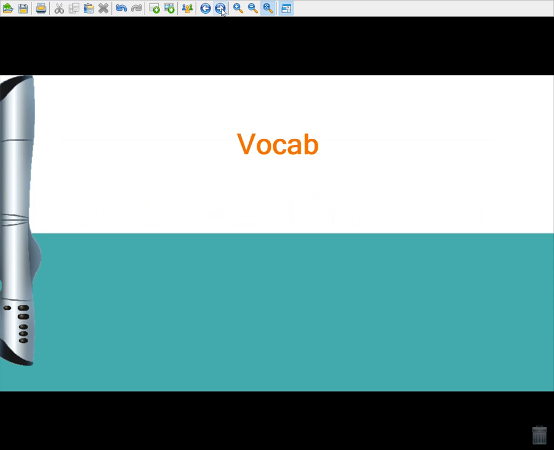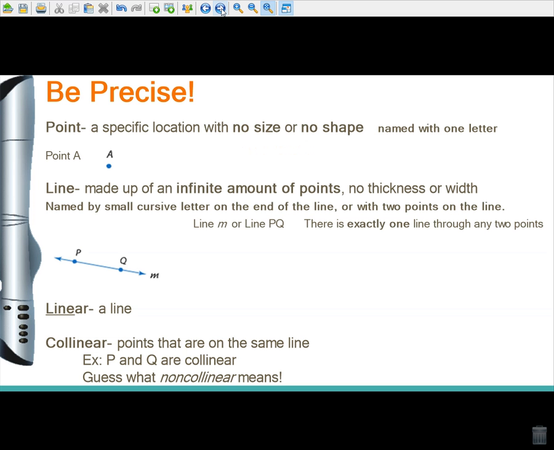Okay, so I'll be straight up with you guys. This first PowerPoint here is going to be mostly vocab. We have 8 vocab words that we're going over. That's really all we're doing today is vocab. So you will be taking some notes over vocab, but there is not too much to this lesson other than the words that we're going to learn today. So let's go ahead and get started. First thing,